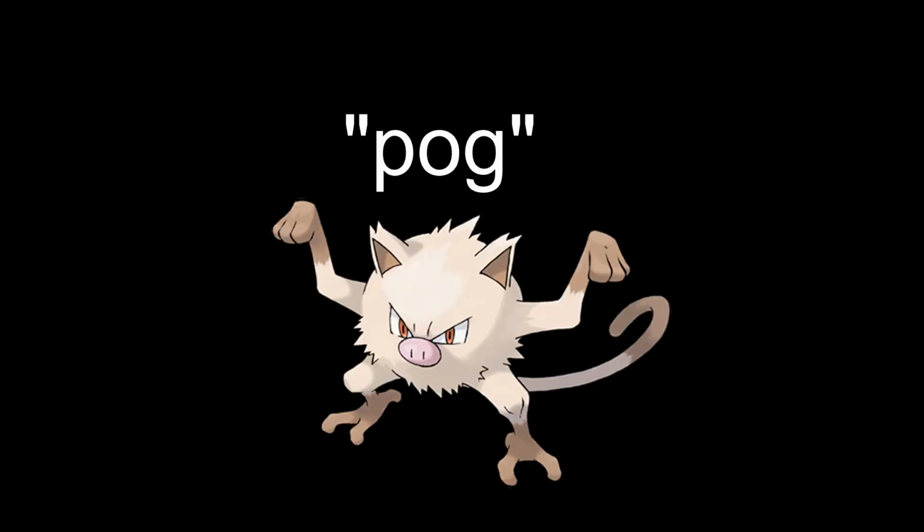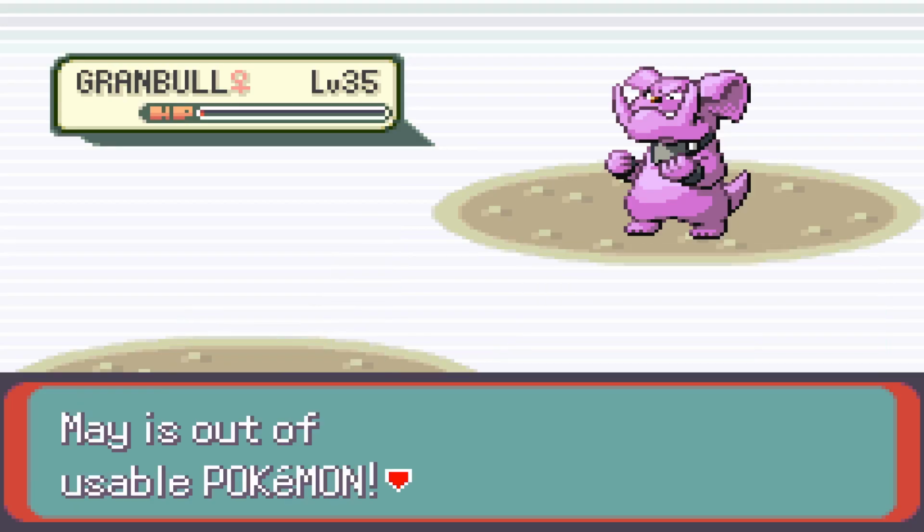I was trying to get the Pog Mankey, as it's called throughout the community, which has to have a good speed and attack IV, but the strategy to get it seemed too complicated and I wasn't trying to do all that, so I just caught a random Mankey. After losing to some more story battles, I arrived in Lava Ridge Town and challenged Flannery and